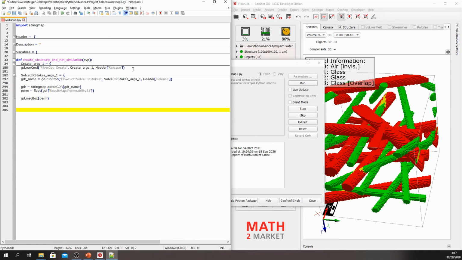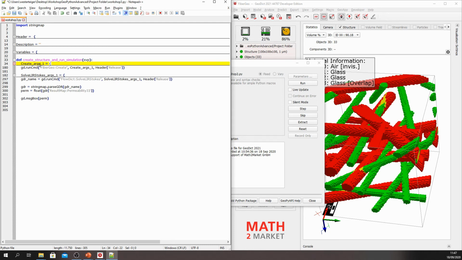But before we change this, we first want to incorporate this single SVP parameter that I've defined. SVP, as I said, is supposed to be the solid volume percentage of the fiber structure. So if we were to specify an SVP value of 0, it would result in an empty structure. If we specify an SVP of 100%, it would be a totally filled structure without any voids.